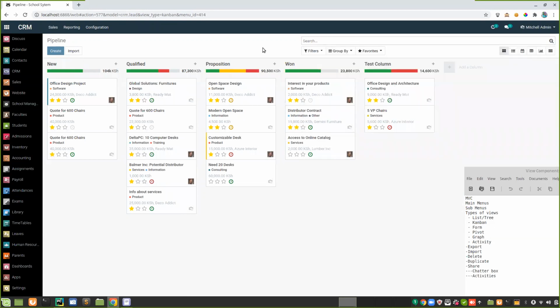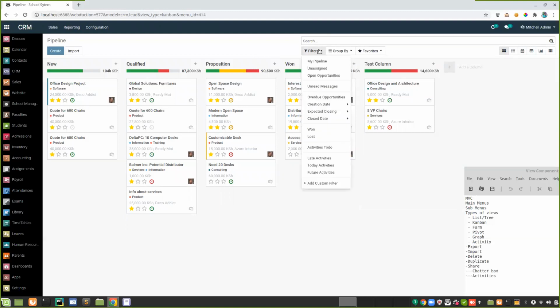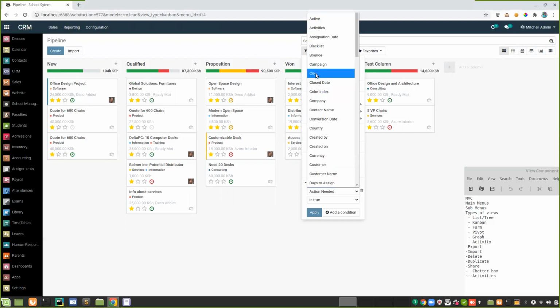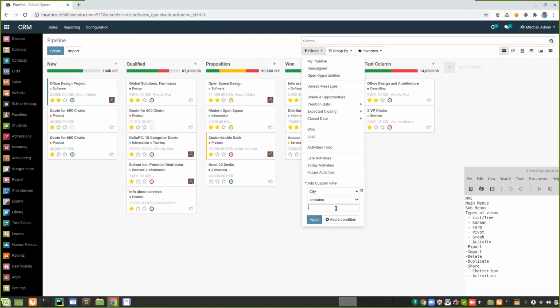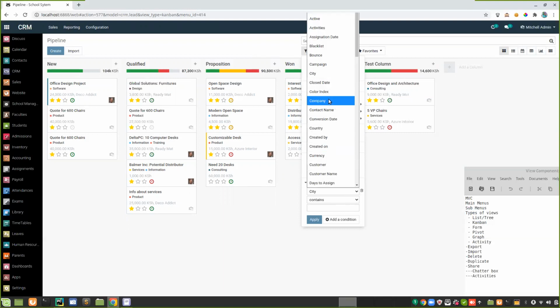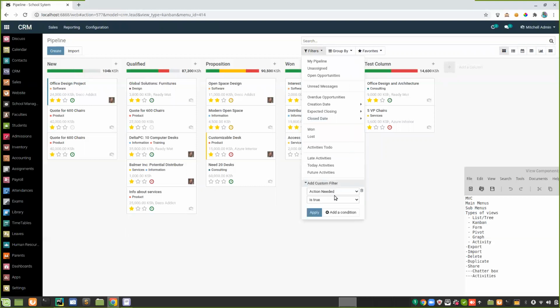Now, in a case whereby you don't find your search parameter or you don't find a specific field listed here, then what happens is you can use the filter button. The filter button has predefined filters here. And apart from these filters, of course, you can add your own custom filter. So it gives you a versatile method of searching any type of record, and you can just set the parameters there. For example, this city, it contains something like maybe a country, or yeah, so I can select like